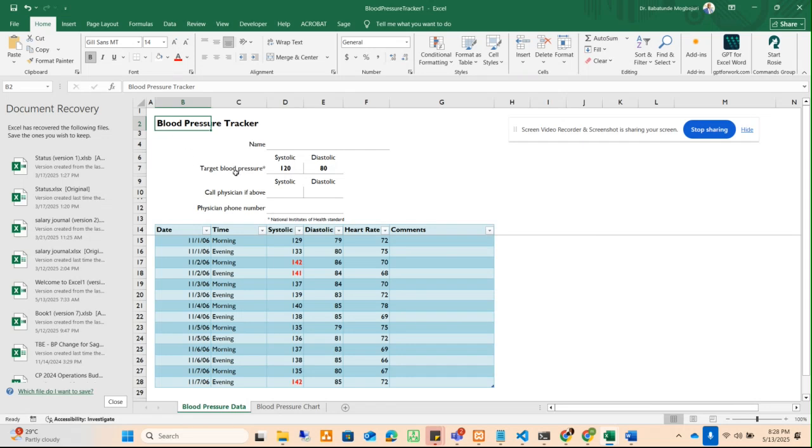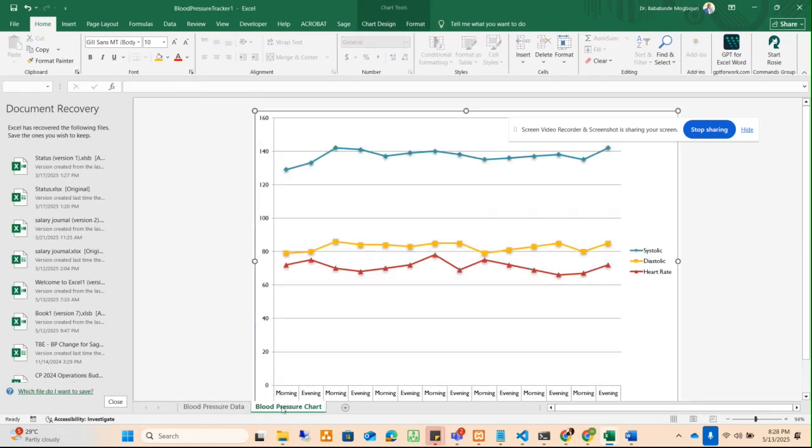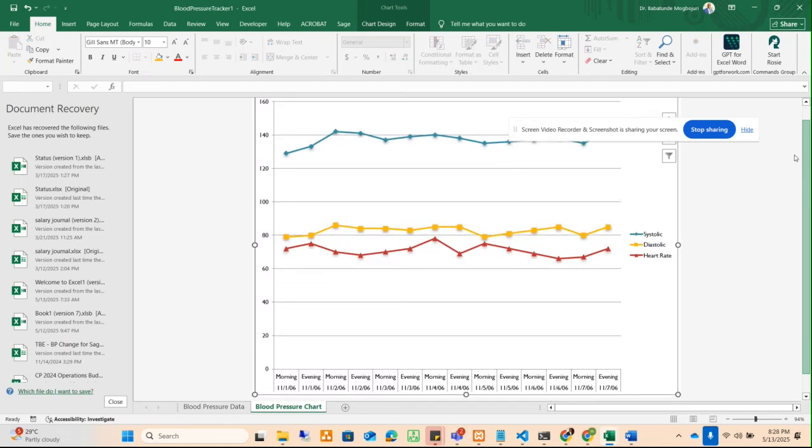Then blood pressure. You can see here where we can put this and that. You can see morning and evening. So I can try it, I should be able to do this. It's nothing hard. You have the capacity to do that. So you can see this chart. Don't worry, this chart is just